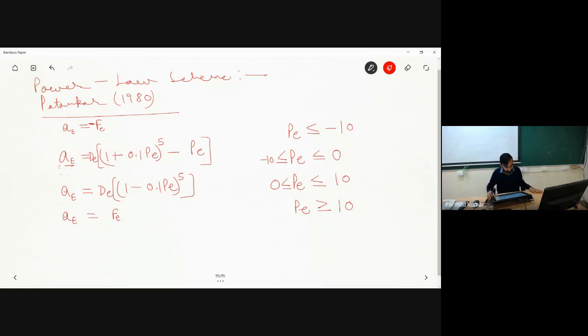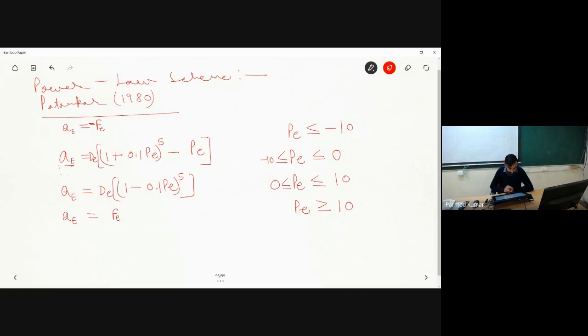Okay. So this is the scheme which employs some power law based formulation. And what this particular scheme does, if the Peclet number is in the range of -10 to 0 and 0 to 10, then it employs some power law based formulation for estimation of the coefficients. And when we have the value of Peclet number greater than 10 and less than -10, under these conditions, it sets diffusion to be 0, and it implies it obtains the coefficients by considering nothing but the simple upwind